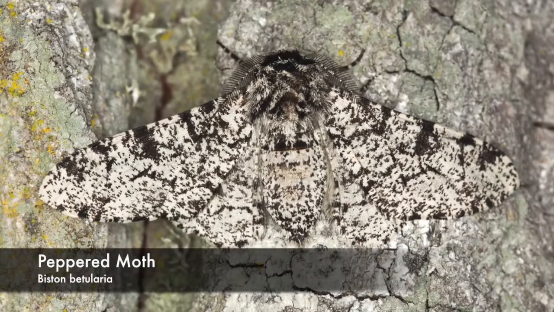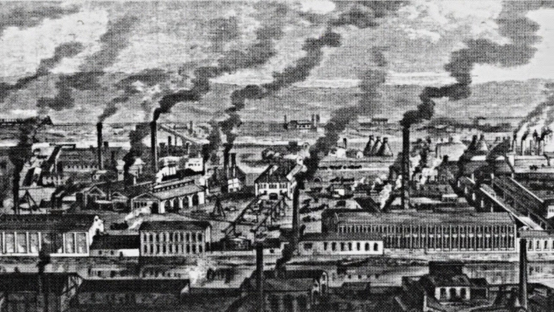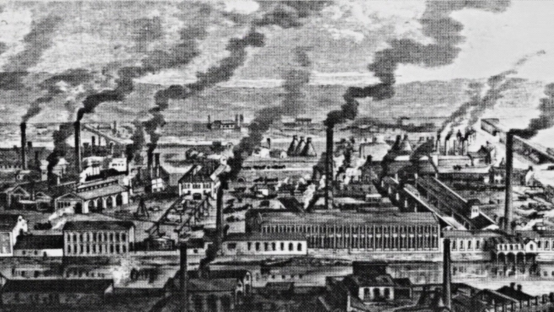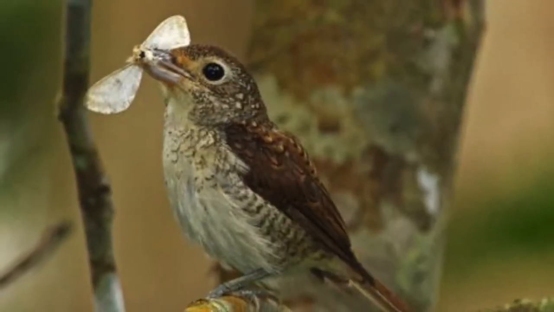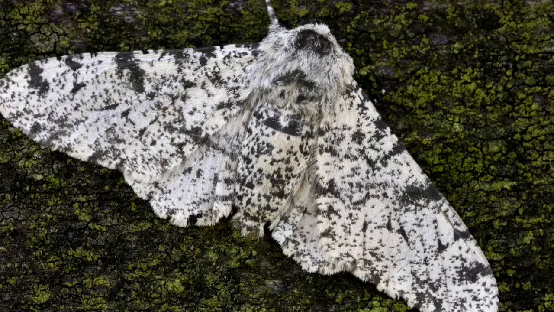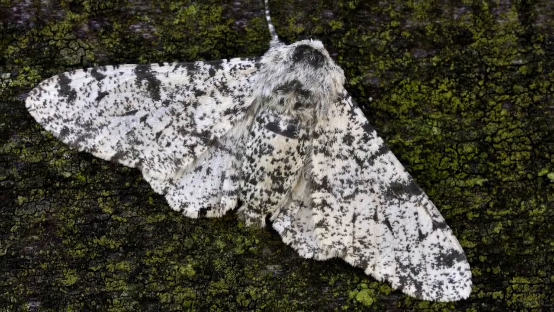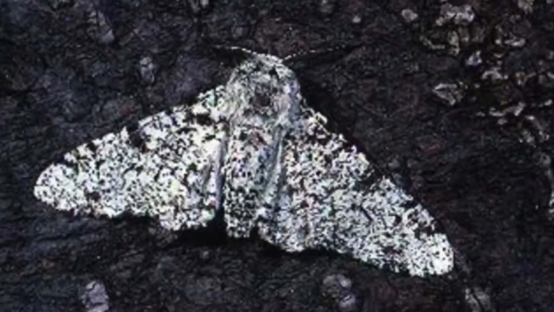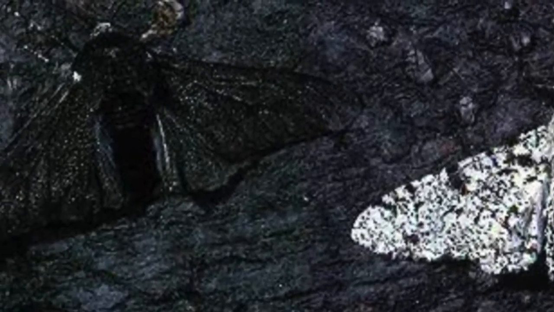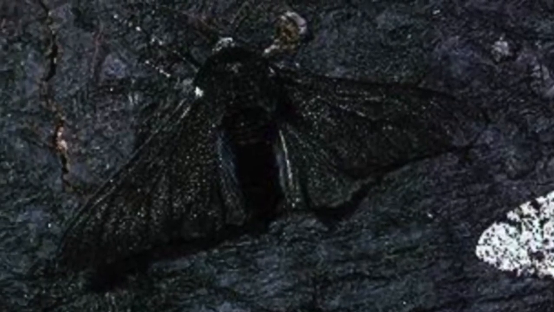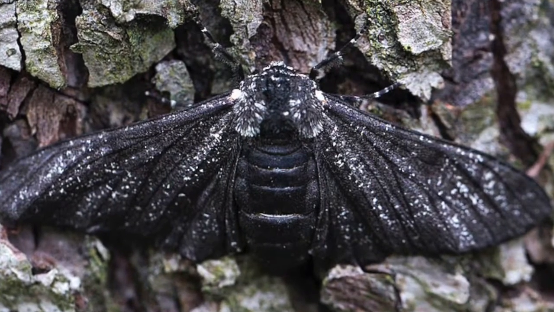The peppered moth has for many years been touted as an iconic example of evolution in action. After the surge of the Industrial Revolution, when trees were being covered by the soot of nearby factory emissions, these white speckled moths became easy targets for hungry birds. The contrast of the light-colored moths against the darkening trees made them easy targets. Over time, natural selection did act upon this species and allowed the genetic variability already programmed into the moth's DNA to produce new generations with darker colors. These darker peppered moths became better suited to the changing environment and allowed them to survive.